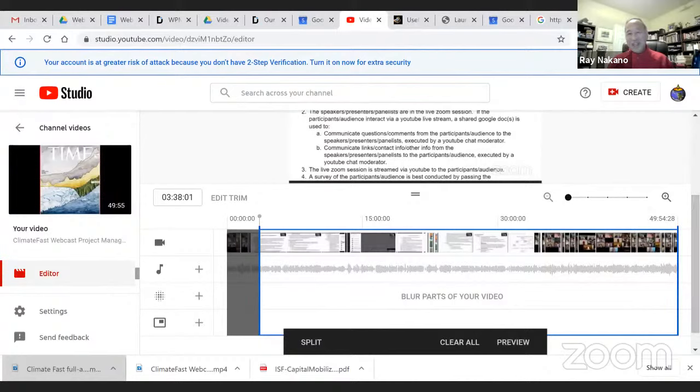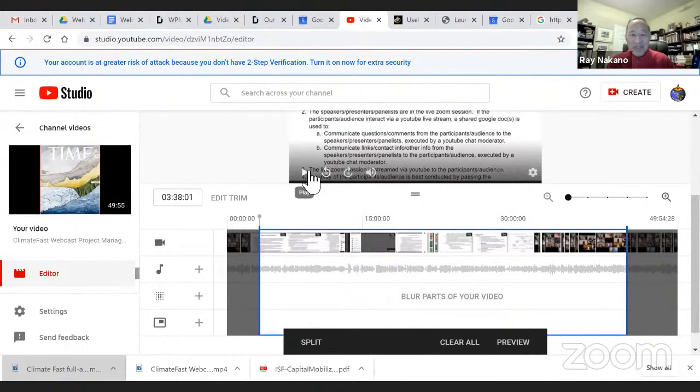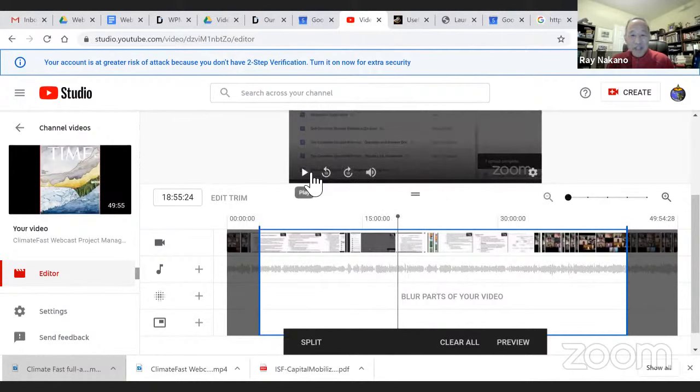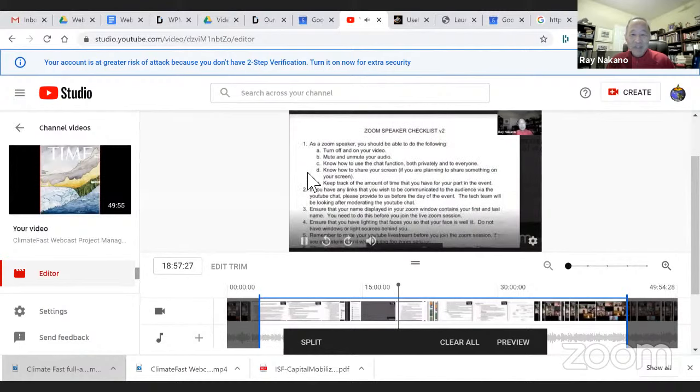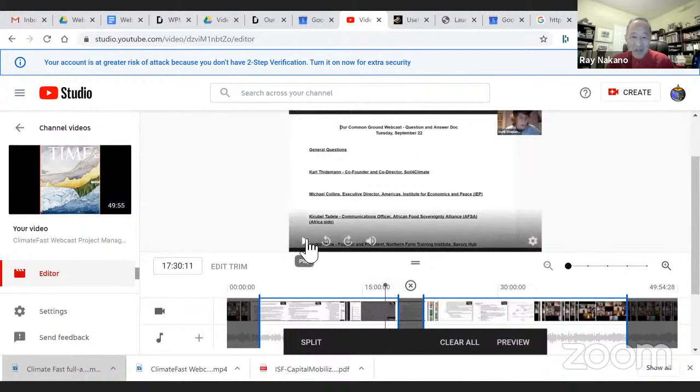Okay. You can go to the other end of the video. Move this out of the way. And double arrow, trimming. Okay. If there's a section within here, and if you see this fine line here, I can play my video. I can pause it. If I click on split, I can then move the double arrow, and that actually cuts that portion out.